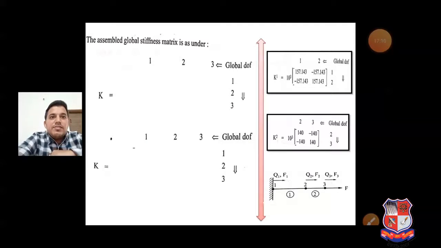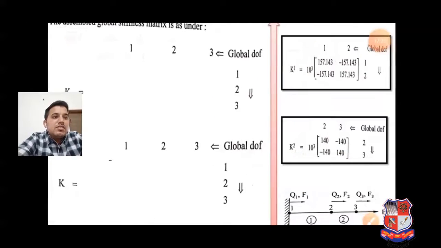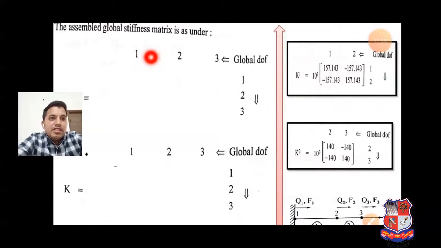The next step is to assemble the global stiffness matrix. Here we have the 3 nodes 1, 2 and 3, similarly 1, 2 and 3 for the columns. The answers are already available, this one and this one, and we put both values in. How we put them, yesterday I did not explain properly due to a presentation problem. Let's see: we put the value of 1-1 here, then 1-2 here, 1-3 here.